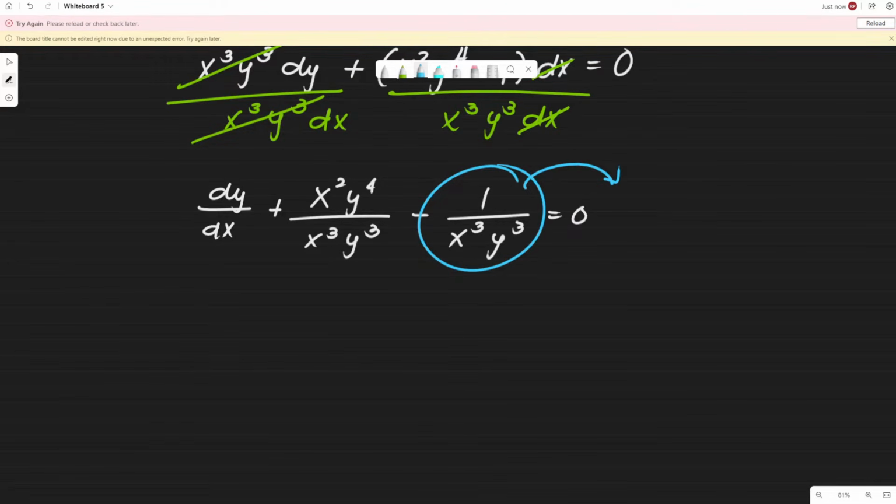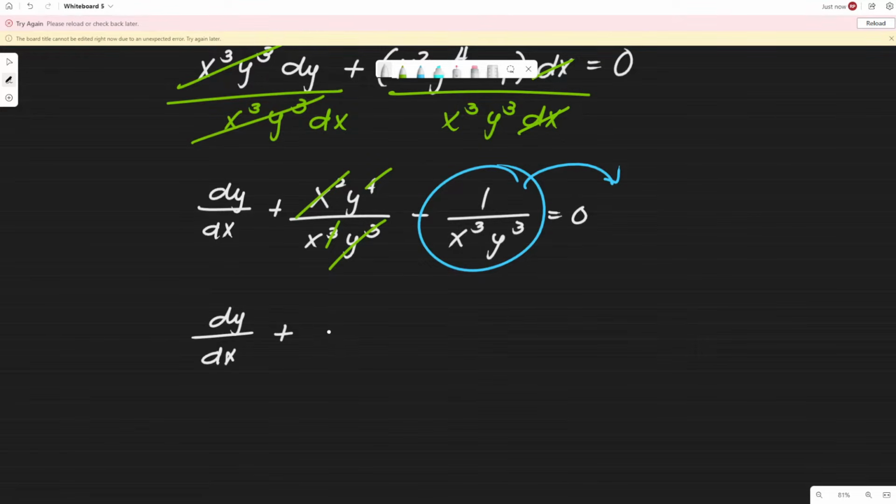Kasi sir, bakit yun yung ililipat? Kasi magka-cancel dito. Ayan. So, pati ito, saka to. No, yung second term, actually, y over x na lang yung may iiwan. Okay, so therefore, our DE is dy over dx